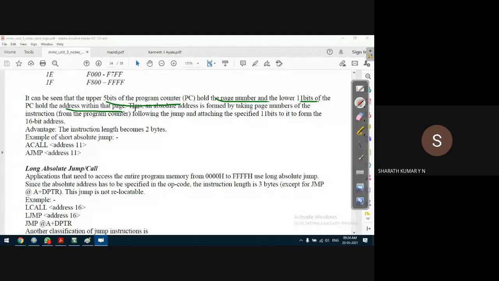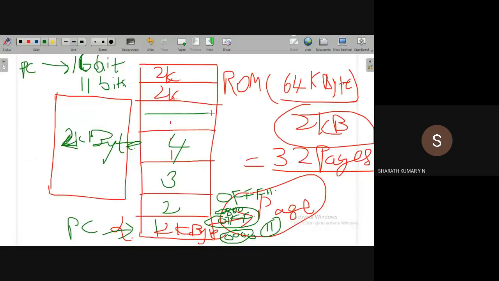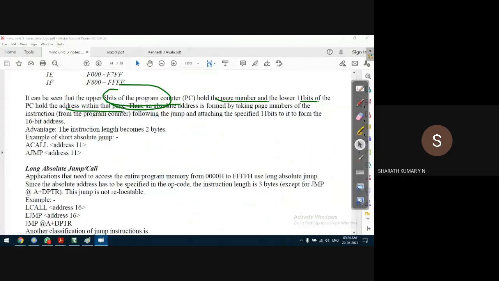To access an address, it is something like identifying an address by locality: Rajajinagar, 8th main road, some block. To find the proper address of a location, we first require the page number. For example, if there is one location here, we require two things: the page number and the address of that particular location, in case of an absolute jump.